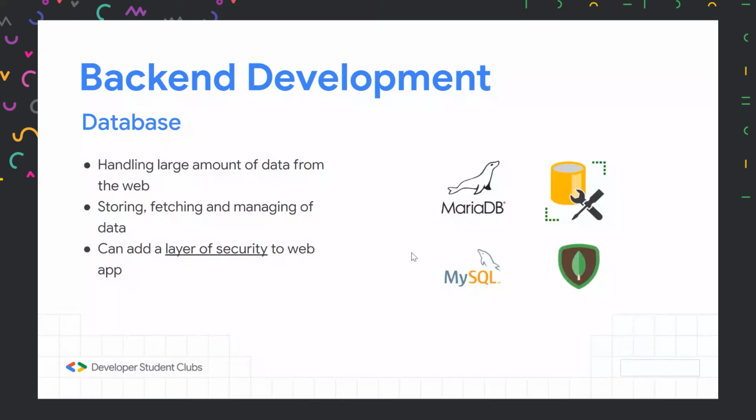Now let's talk about databases. A database is basically a collection of small-sized information, and it gives us a space to store the web app's data. Whatever data is being requested and fetched is being stored in a database. So the database provides us an organized collection that gives us better accessibility and management of the data.